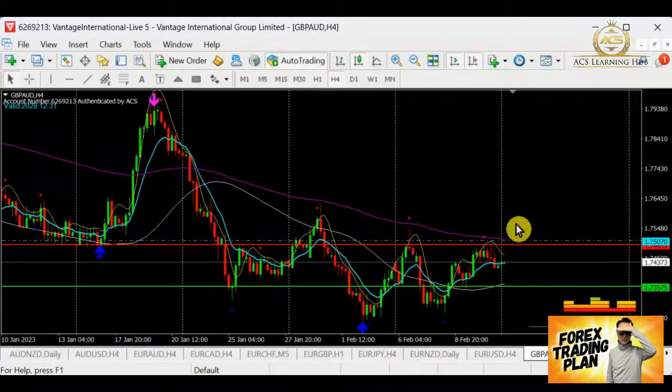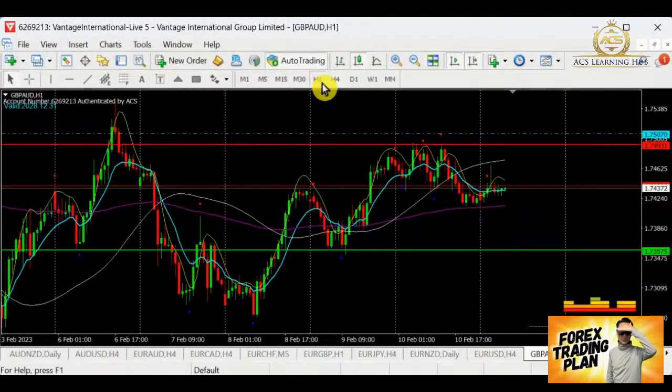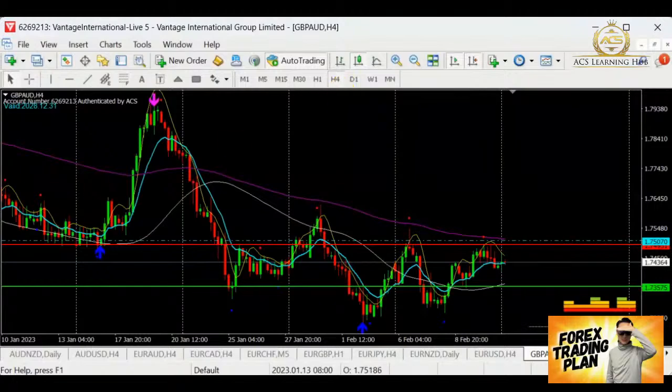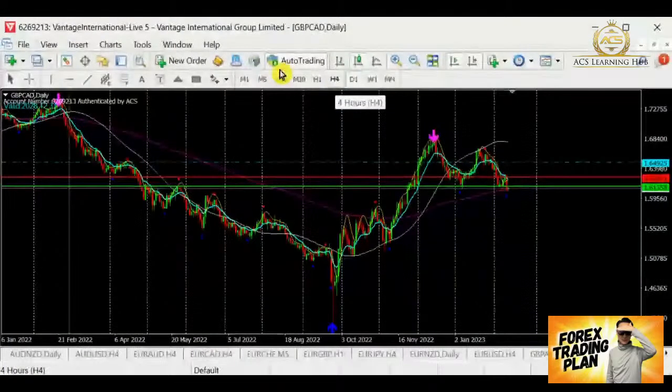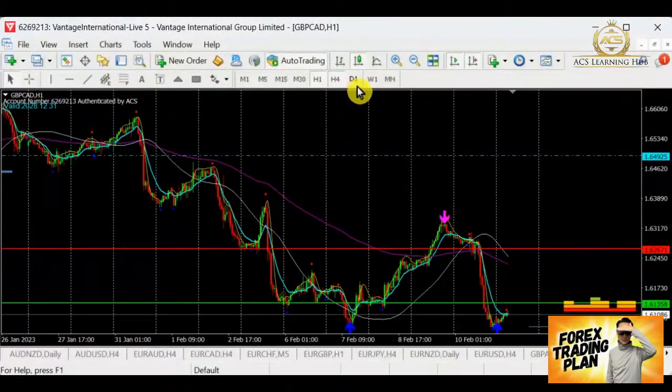One, allow it to retest the resistance. Then after that, if it's not breaking, then we will start the selling. Next, alternatively in H1, if it's going to come in for selling, a new cycle of selling, then we can also start selling for that. So I'm going to put this Pound Aussie into my watch list, although not very clear yet. But we can put this under our watch list for selling. The percentage is getting near to a high probability of selling. That's why I choose to put this on the watch list.